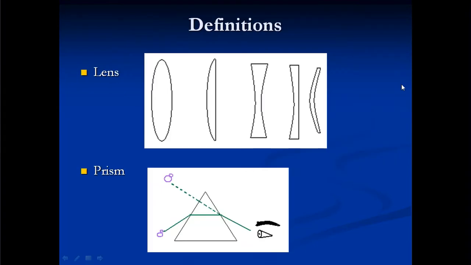Okay. Right. Now there are some lenses shown. You can see the first one is biconvex, plano-convex, biconcave, plano-concave, and simple lens. The other one is prism. So prisms are also useful in correction of refractive errors. So here the same thing, refraction, where the deviation will be towards the base.